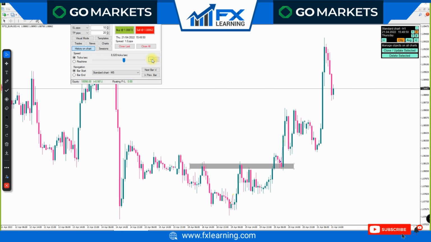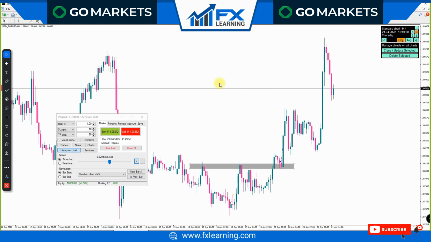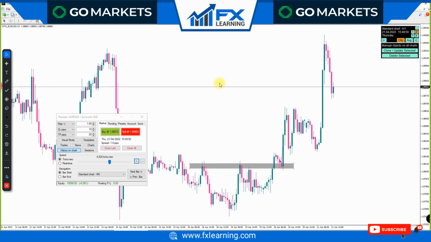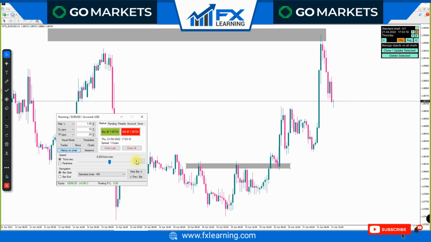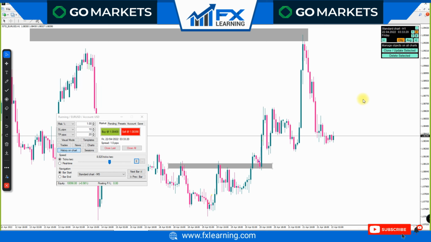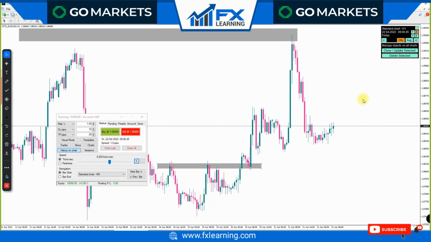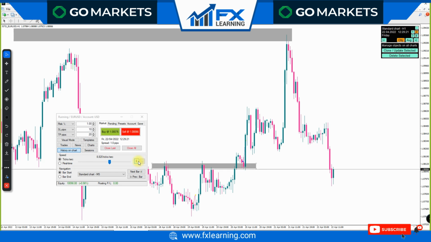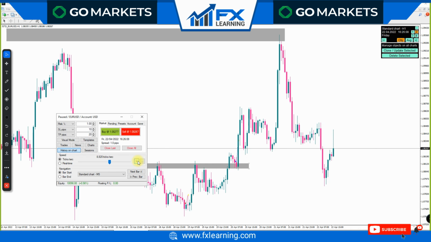Now this is interesting. If I zoom out here, price has probably come up to an area of resistance. Let's say hypothetically there's an area of resistance. I'm not going to sell from here because I want to confirm a trend change. At the minute, we're still going into an uptrend, so nothing is happening. We want to see a clear trend. I'll tell you when I see a clear trend, and